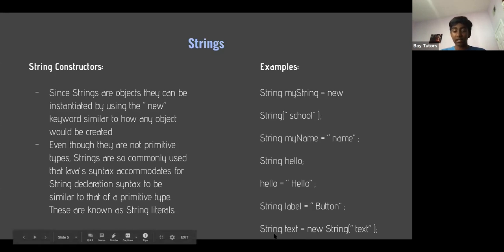You can say string text, as you can see down here, string text is equal to new String, and then you pass text into your string constructor. And even though they're not primitive types, strings are so commonly used in Java that the Java syntax accommodates a string declaration syntax. Another way you can declare a string is similar to how you declare a primitive type, and if you initialize them the way you'd initialize a primitive data type, then those types of strings will be called